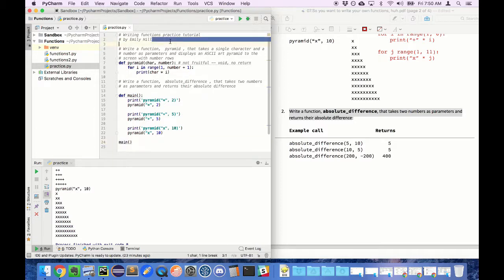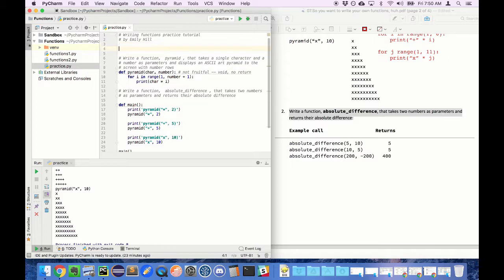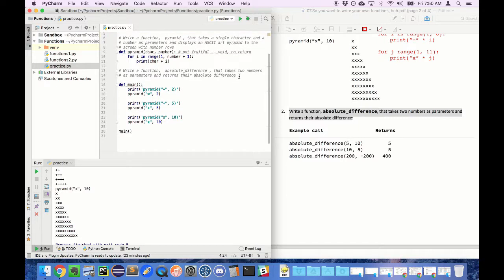And if I had imports, they would go here. And so it's important when you're communicating with other programmers and writing code for other programmers to read that you follow this standard template so that everybody knows where to find the code they're looking for. Okay, so I'm going to define a function, absolute